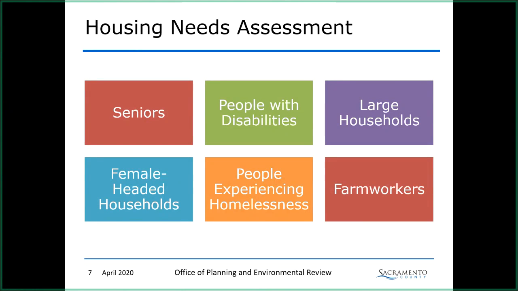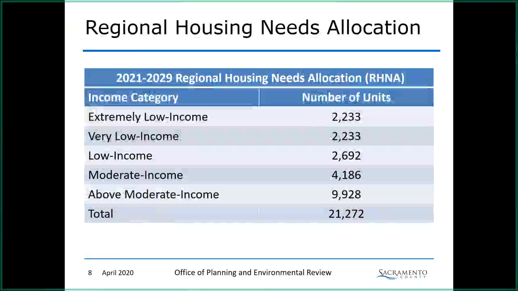As part of the housing needs assessment, we must also analyze the amount of households that are overpaying for housing, the amount of households that are overcrowded, and the condition of the existing housing stock. One of the ways that we determine the overall housing need for Sacramento County is through the Regional Housing Needs Allocation. Every 8 years, the state gives each regional body, known as Councils of Governments, or COGs, the number of housing units each region must plan for. The COGs then break down the total number of units into income categories, and they give each city and county their fair share of the regional number.